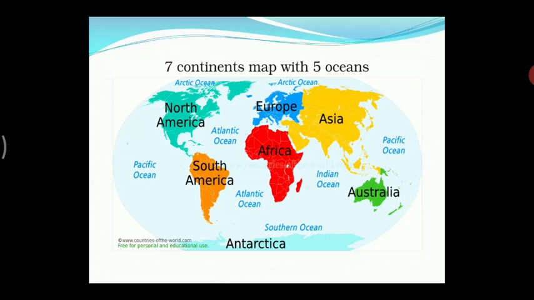We live in the Asian continent, and in the Asian continent, which other countries are there? They are India, Bangladesh, Pakistan, Sri Lanka, Afghanistan, Indonesia, Iraq. They are the Asian countries. And from all these continents, which is the largest continent, the one on which we live? The Asian continent is the largest continent. We'll go further.